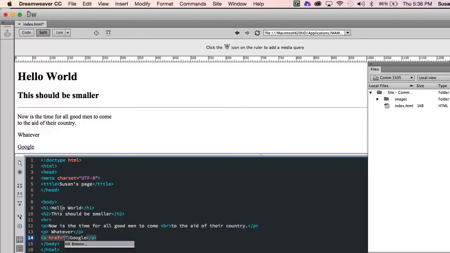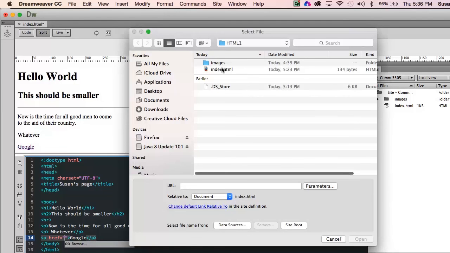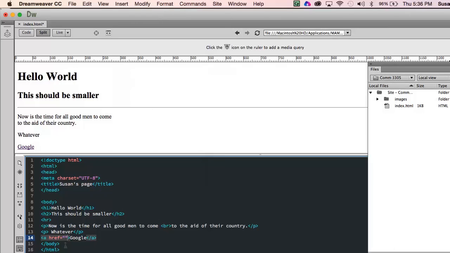Boom, boom. And now if I had other pages, if I was browsing to a page inside of my site, this would open this up and I would see my pages. So if I had a second page, a page inside another folder, I could go ahead and select that. But in this instance, I want to have this go to Google. And I have to type in the complete URL. I can't just type google.com. I have to type in